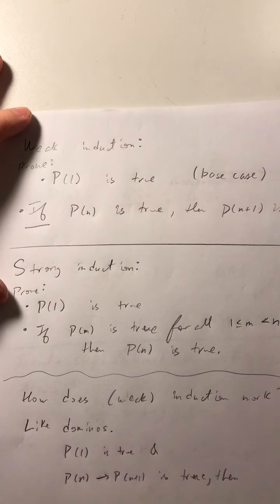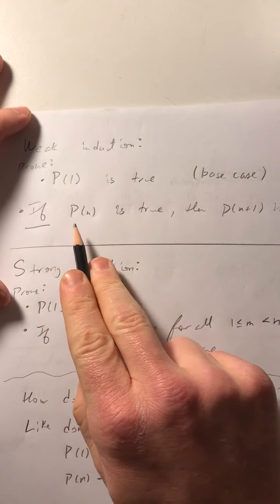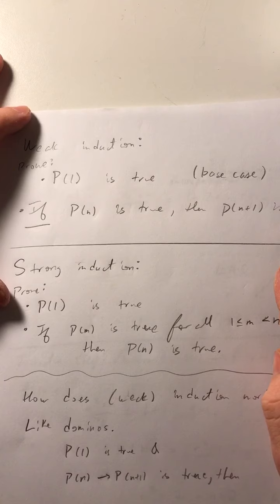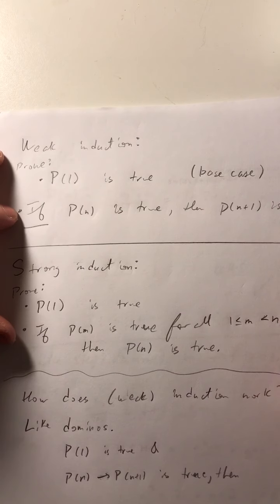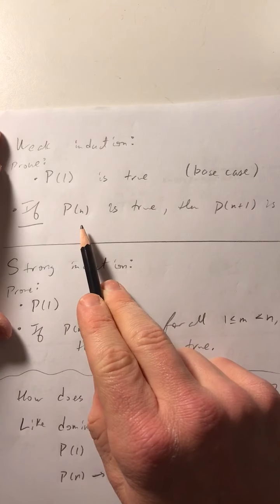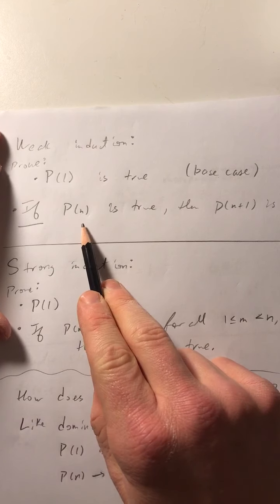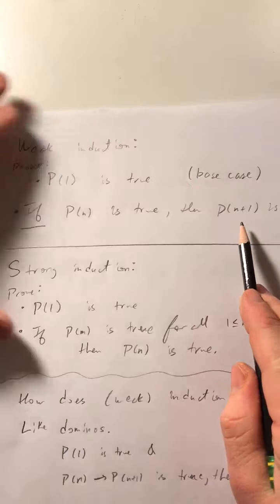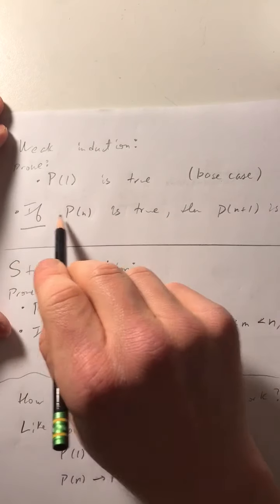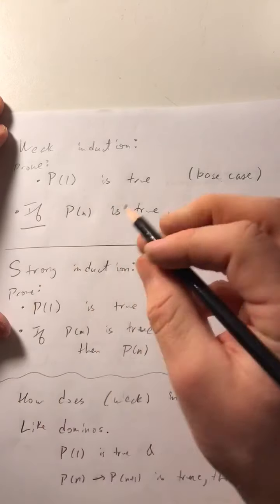Okay? And I'm going to prove that if P of n is true, then P of n plus 1 is also true. So here, we have to be very careful about reading this. In this second step, I'm not proving that P of n is true. And I'm not proving, in an unconditional sense, that P of n plus 1 is true. The second item to prove here, the second bullet, is